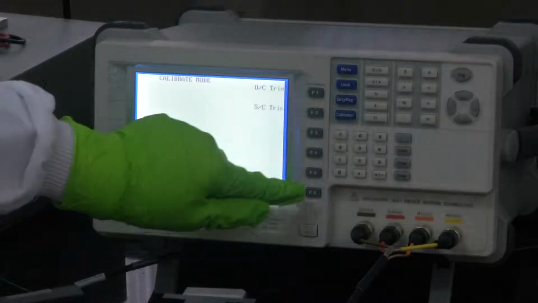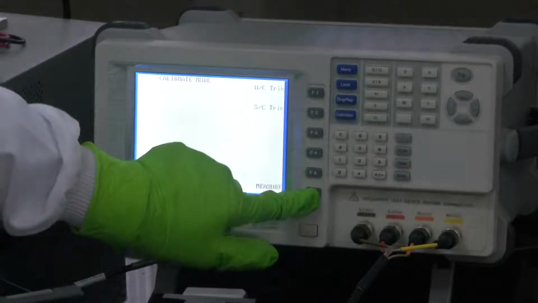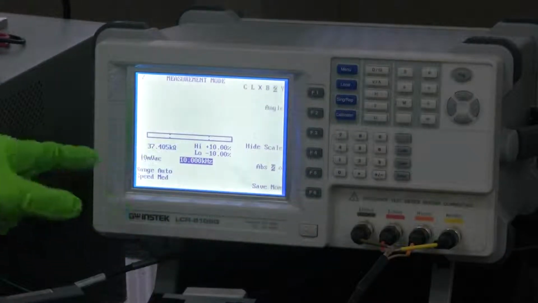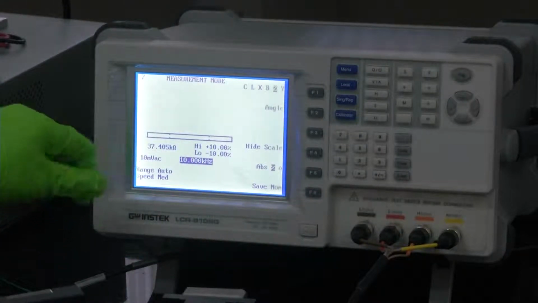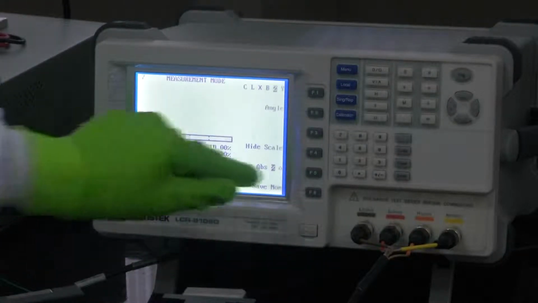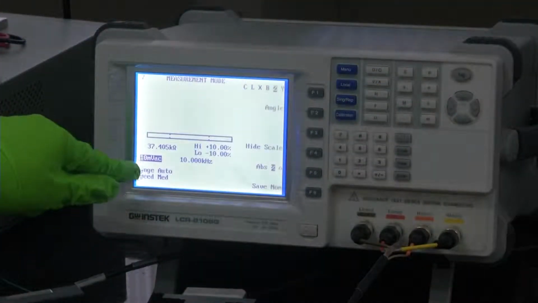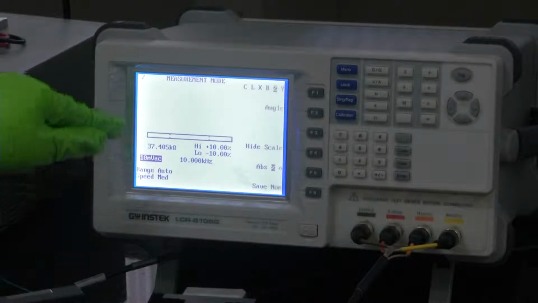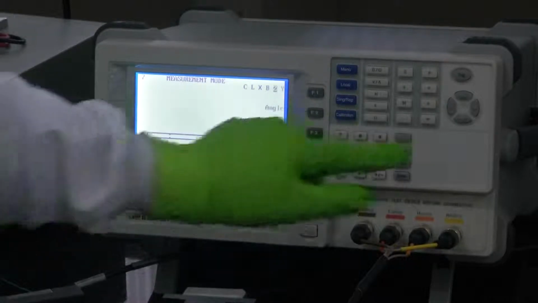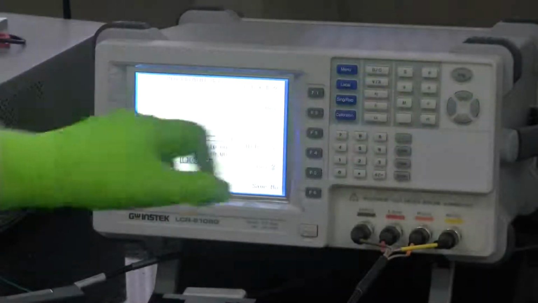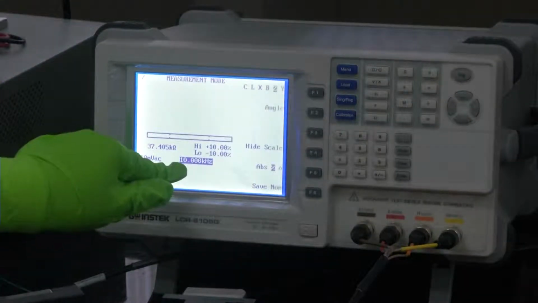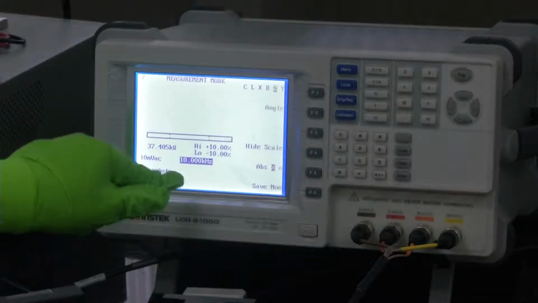So now that we have finished this, you could go to the measurement where you could measure for 10 millivolt. Say you could do the setting. So here you could use the option and then set the voltage which you want to force on the sensor and frequency. What is the frequency sweep? This here is the 10 kilohertz.